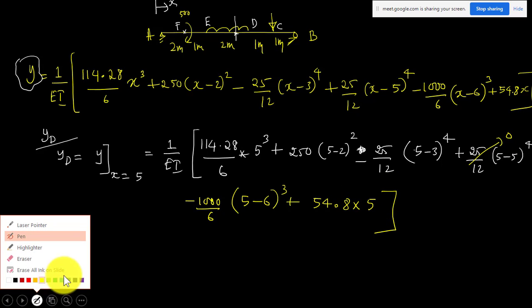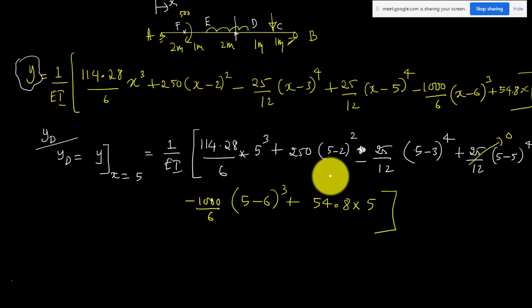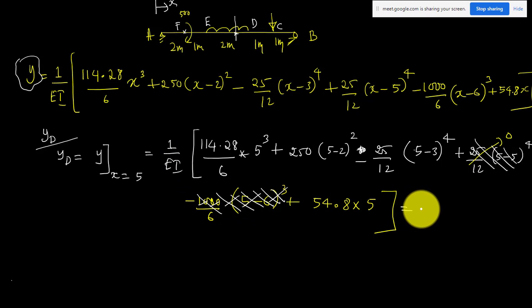But the point I am telling is that you should not blindly apply the value of x in this equation. You have to use it very carefully, because all the terms will not be there for all the points. No need to remember anything. For deflection at D, where x is 5, whenever a bracket term is coming negative or 0, you remove that term. Here 5 minus 5 is 0, so you remove this term from your deflection equation. And for another term, 5 minus 6, this term is becoming negative, so you don't take this term for the deflection calculation. You simply find the remaining quantity, and that is your deflection. That is how we have to solve it.